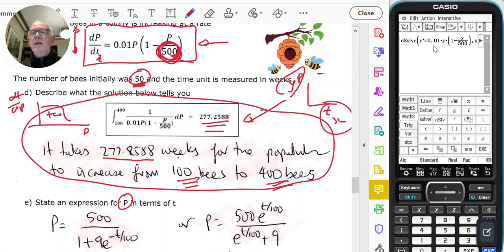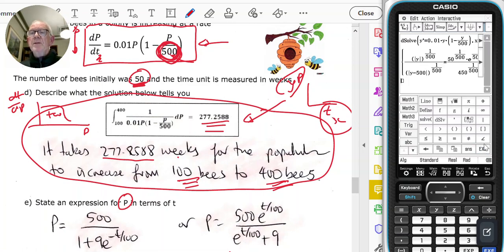So dsolve y dash equals 0.01y, bracket 1 minus y on 500, x, y are my variables, x equals 0, y equals 50, and when I press enter I get this expression. Now what it's done, because it's got partial fractions involved when you flip this around, it's got modulus signs when you integrate the